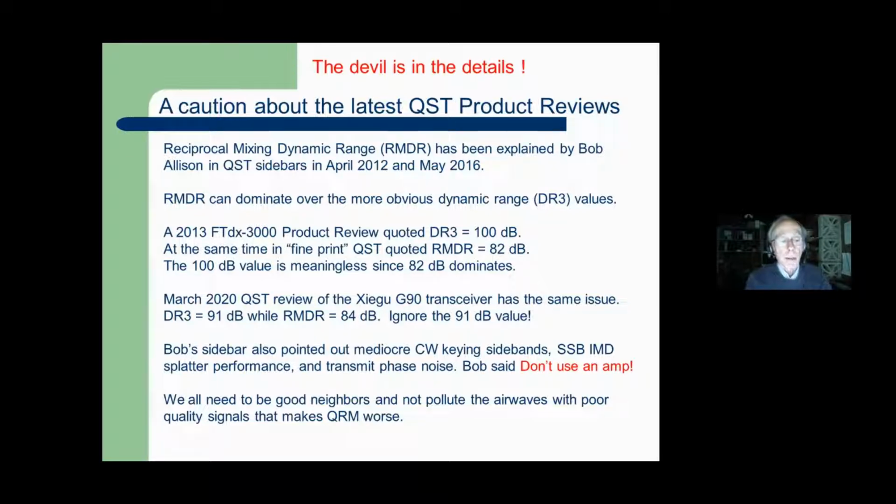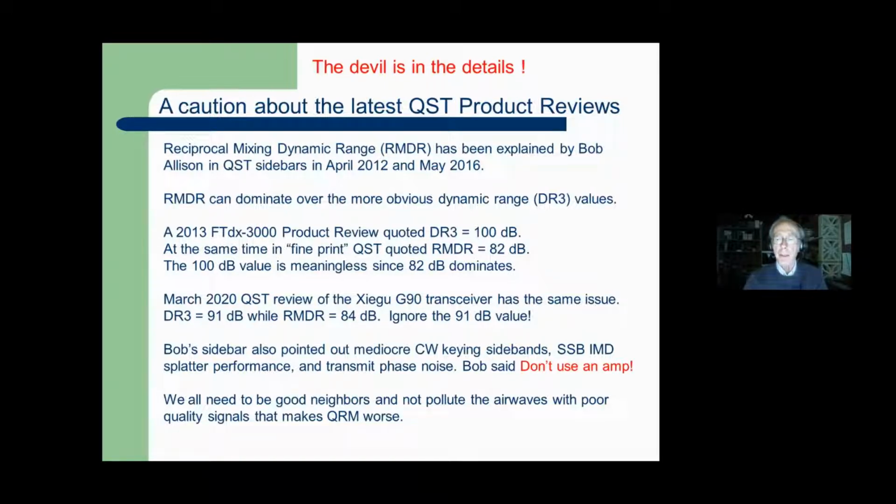In 2013, the FTDX 3000 review listed the dynamic range as 100 dB, but it was measured in an unusual way in that the measuring device had a 100 or 300 hertz bandwidth because there was a lot of phase noise. And that number to me was misleading because I had actually published on my website the dynamic range of the 3000 a few months before the QST review, and I said it was 82 dB,